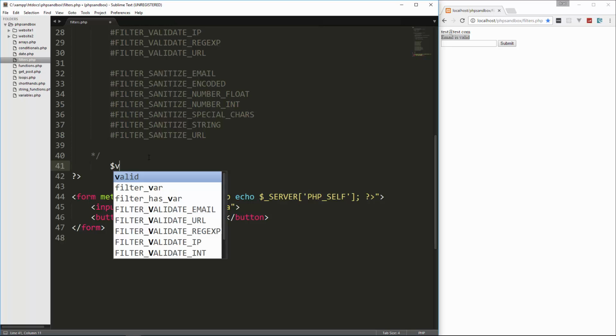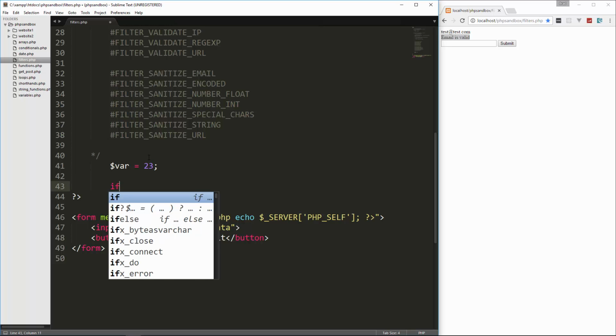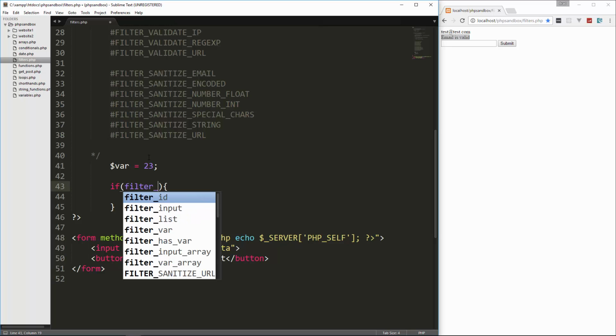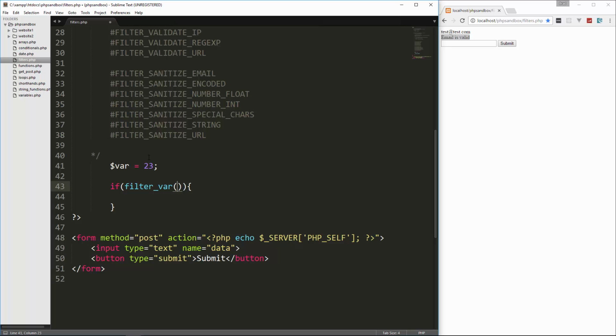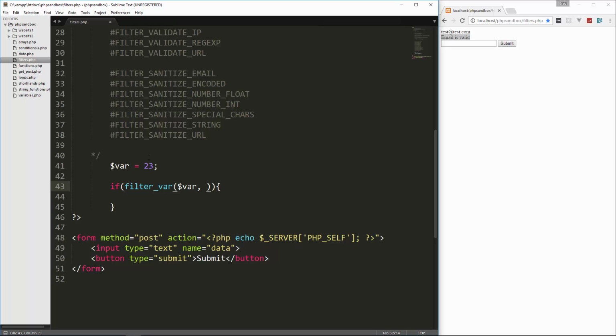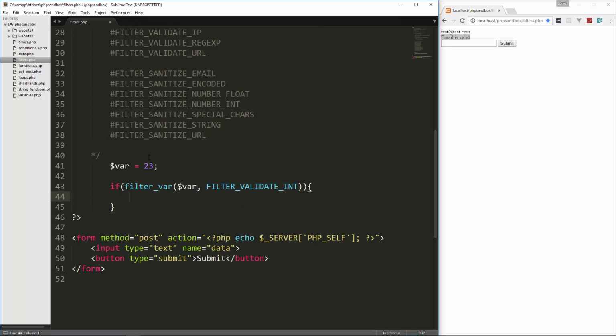So we'll have a variable, and I'll set it to 23, and then let's run it through an if, and we'll say if filter underscore var, and then we'll pass in var, and then our validation, which will be filter validate int, and then we'll echo, let's say echo var is a number,